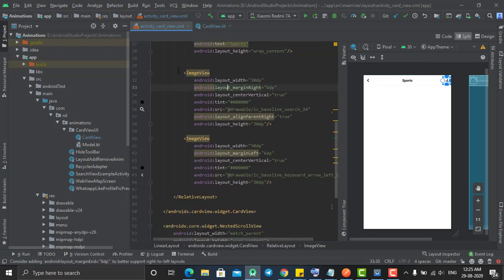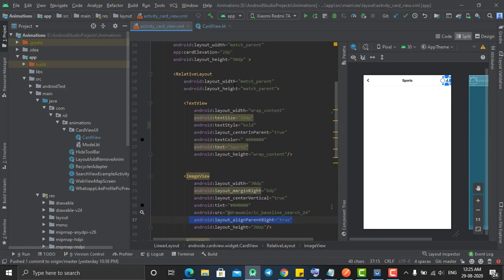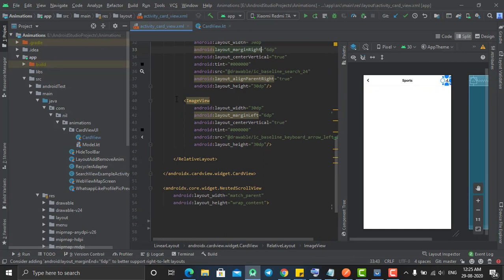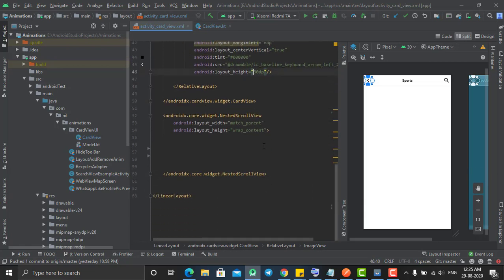After that I put the search icon with an ImageView, and its tint is black, so it looks black, right? And I set the margin, height, width, right? And I put it as alignParentRight, which means it will be placed at the right corner of the RelativeLayout. And the same thing I did with this ImageView, that is my back icon. I aligned it to the left, and set it vertically centered, right?